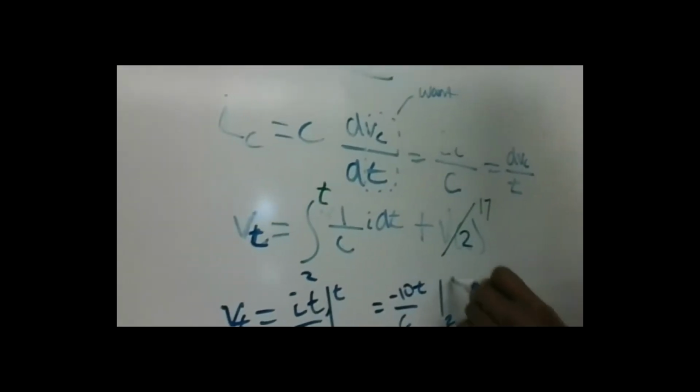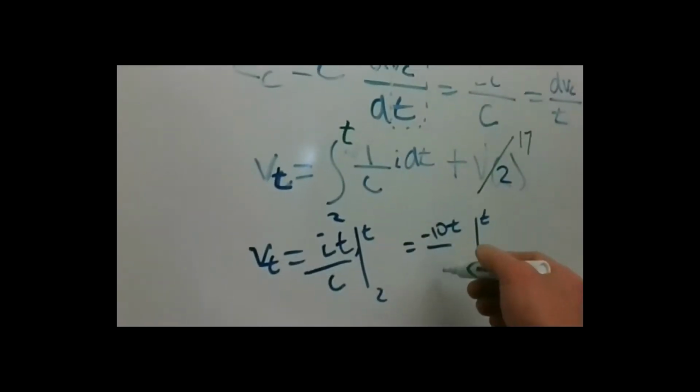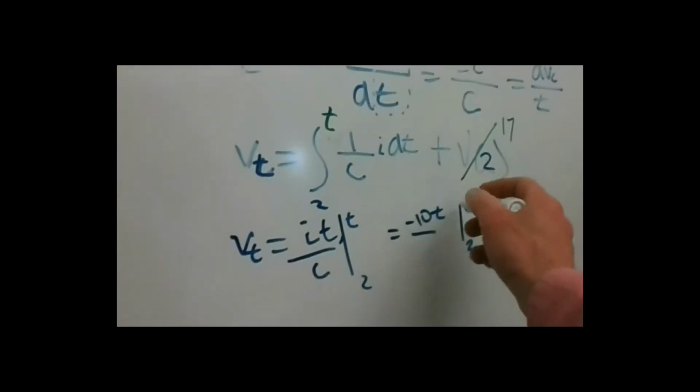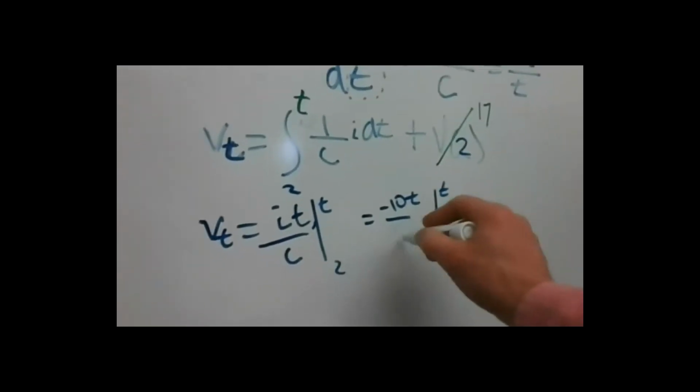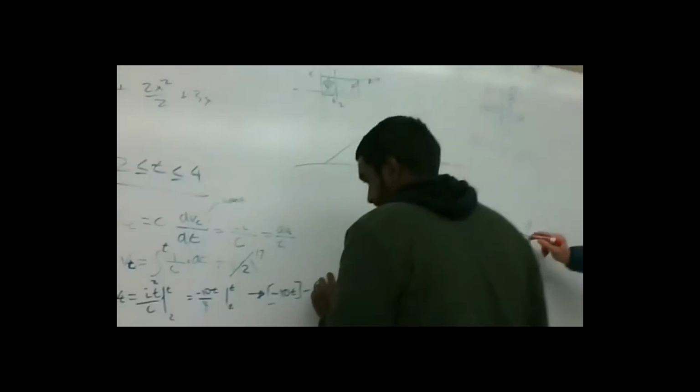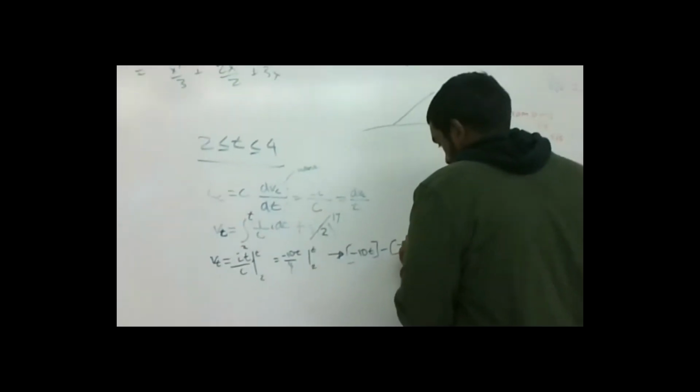And C is 4 millifarads. So it's 10 over 4, because this is milliamps over millifarads, which would give you volts. Milliamps times t over millifarads gives you volts. If you think of this as the equation, you do the 1 over 4, then you're going to come up with